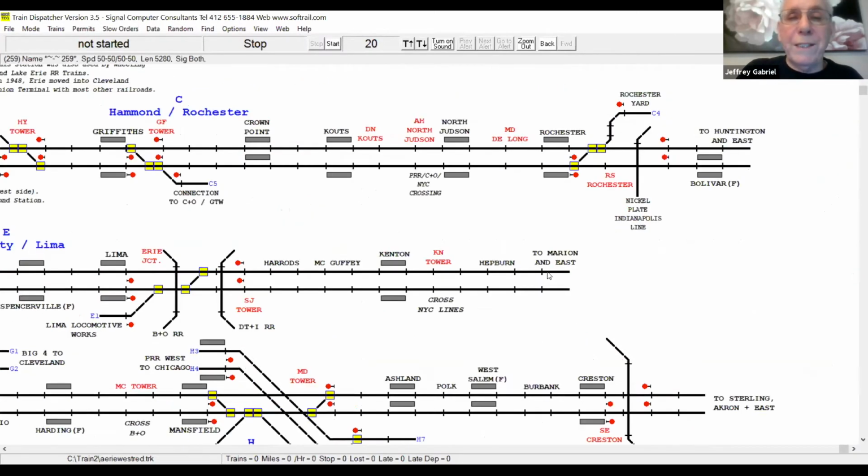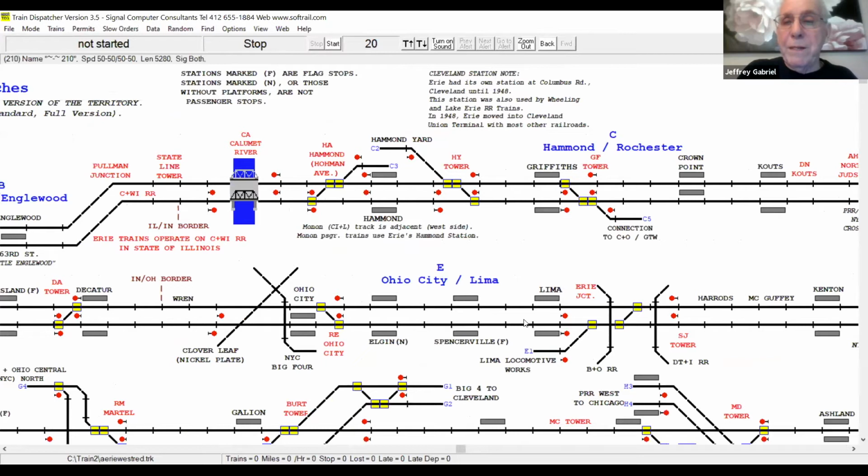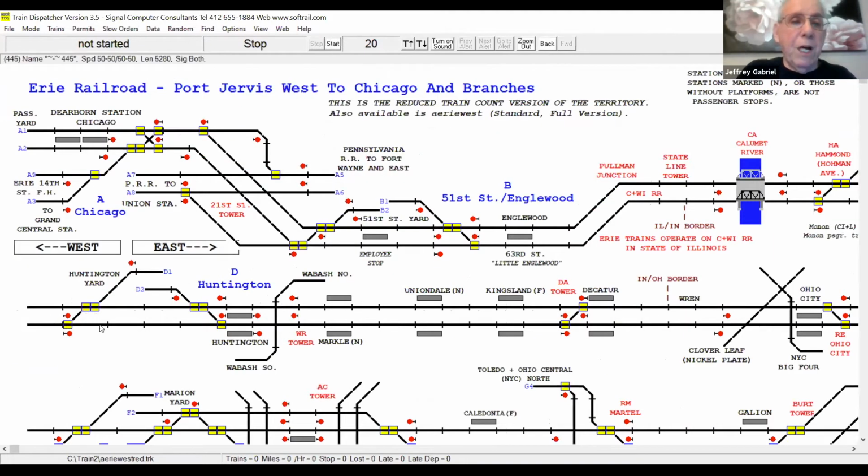We're continuing west. We have Lima. We have the Lima Locomotive Works. I actually have part of this thing. You won't see it on the demo today, but it's just too much. But test locomotives come out and test on the Erie in both directions, east and west from Lima. Okay, going over now toward Huntington, another division point, of course, Wabash crossing at the east end of the station and the yard.